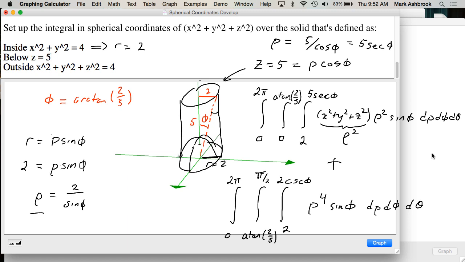Can I erase what's on the screen? Okay, so